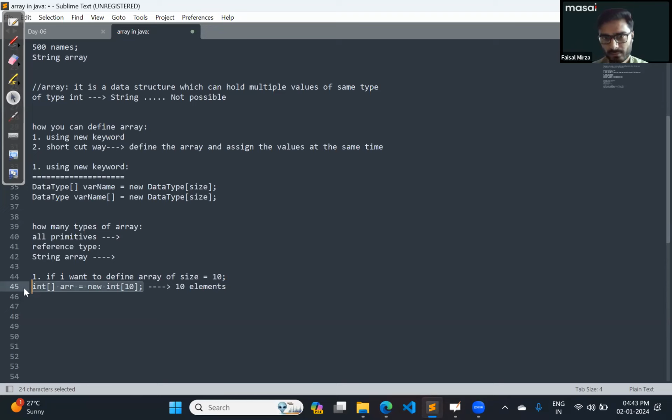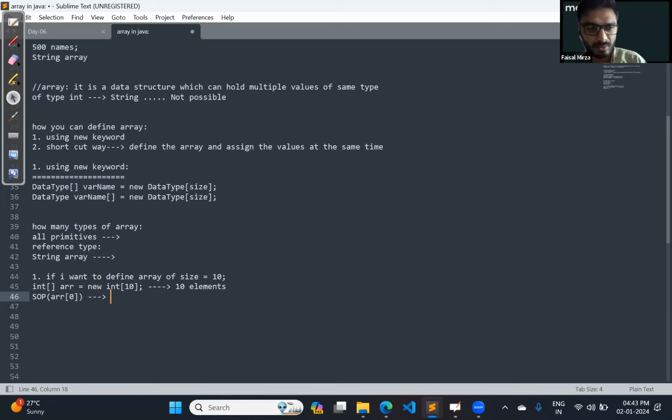Now tell me the answer for this. If I want to access the very first element of the array using the index, you are aware that array indexes start from zero, not one. Remember this. Whenever you see an array in programming, the index of the first element will be zero only. So, for example, if I want to print array of zero,